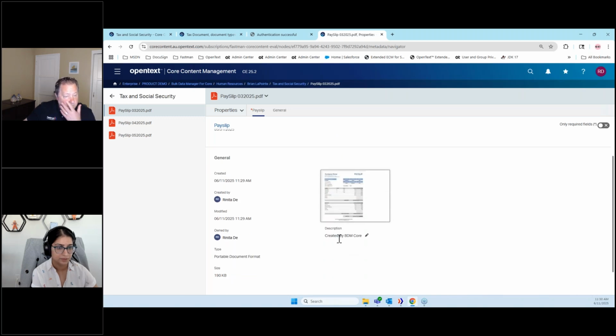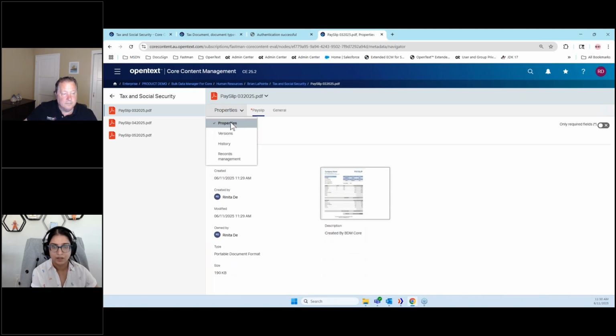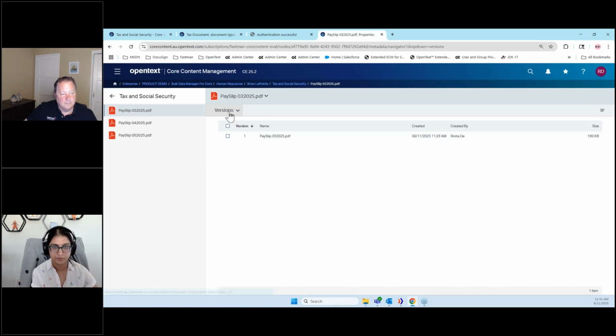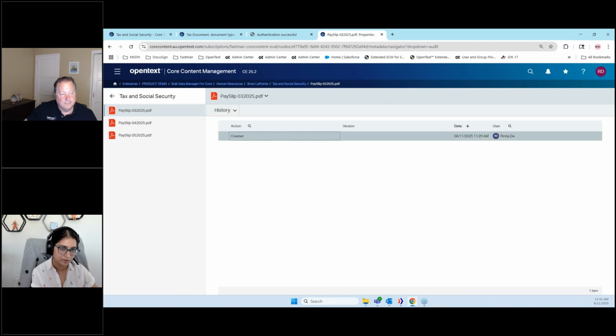You can see the description created by BDM Core. I can go to versions. That's the first version. So you see the PDF document up here. History is like an audit thing. It doesn't really tell you, like Content Server, how things are done because it's an API driven thing, but it